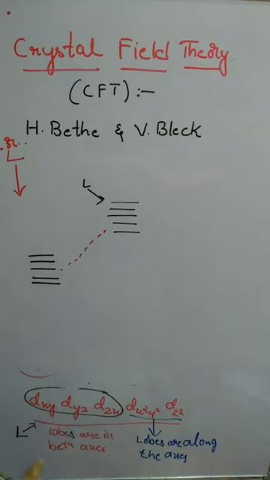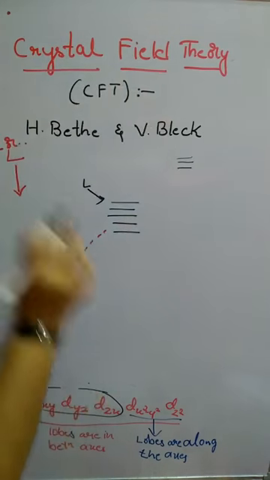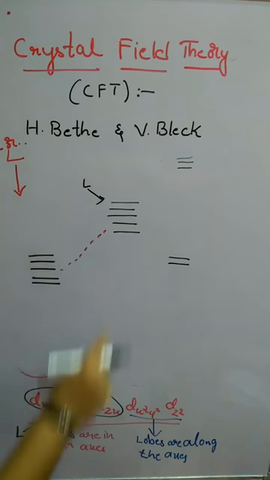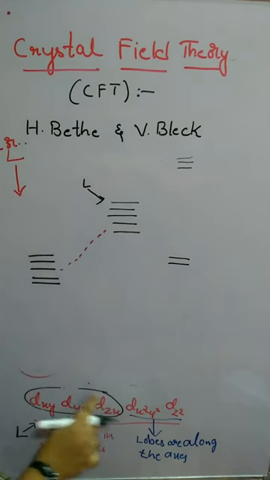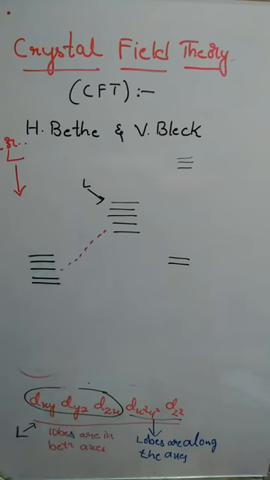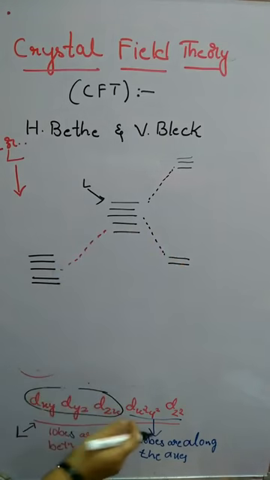So at that time what happens? These 3 orbitals we have, if they experience more repulsion, then these 3 orbitals will have more energy than these 2 orbitals. I hope it is clear. If the orientation of the ligand and the orientation of these orbitals are the same, then these will experience more repulsion. At that time, the energy of those orbitals will be more when compared to the energy of the other set.